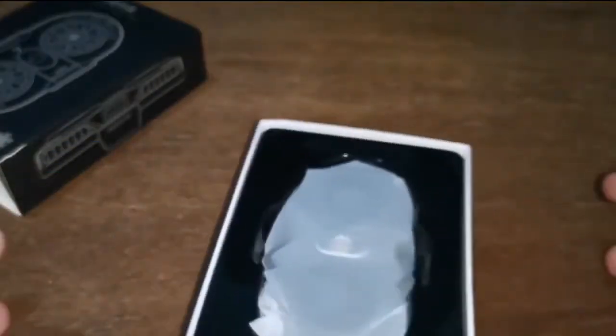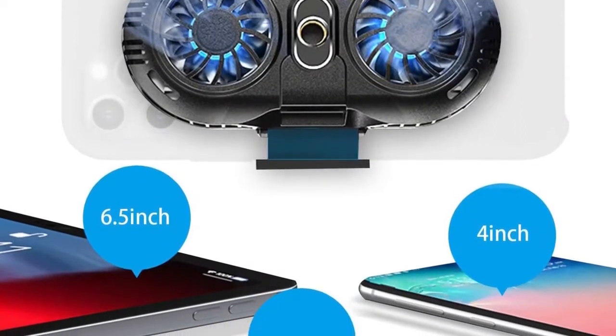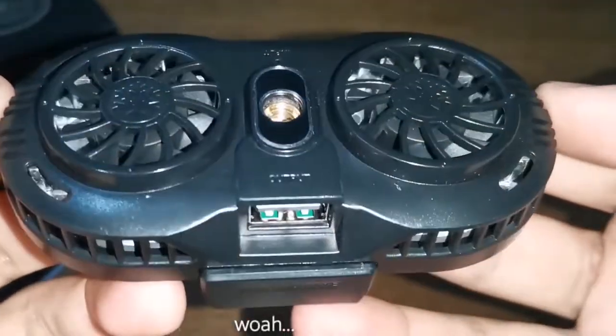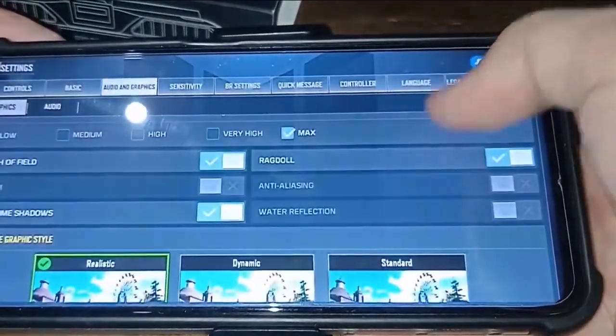Here's a smartphone cooling fan, easy to adjust and perfectly suitable for all types of cell phones from 4.5 to 7 inches. Rapid cooling down with the dual engine. It's the same refrigeration principle as the refrigerator, not the ordinary fan cooling. It can cool down your phone in 3 seconds to avoid overheat and ensure stable live streaming or gaming